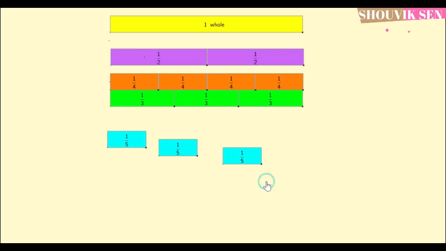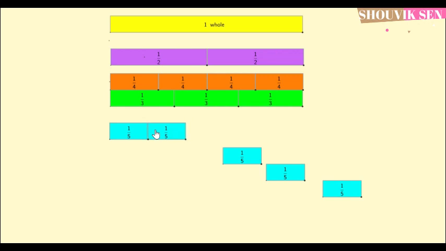We will need 5 1/5 to make a whole. Similarly, we will also need 6 1/6 making a whole. However, we will notice some additional things also, whether it is only related to the wholes or something else also. For instance, as you saw, 2 1/4 made 1/2. Let us see whether any number of 1/5 make any of these.